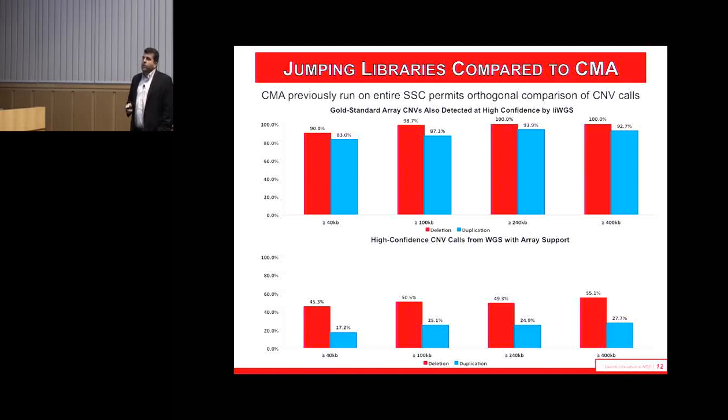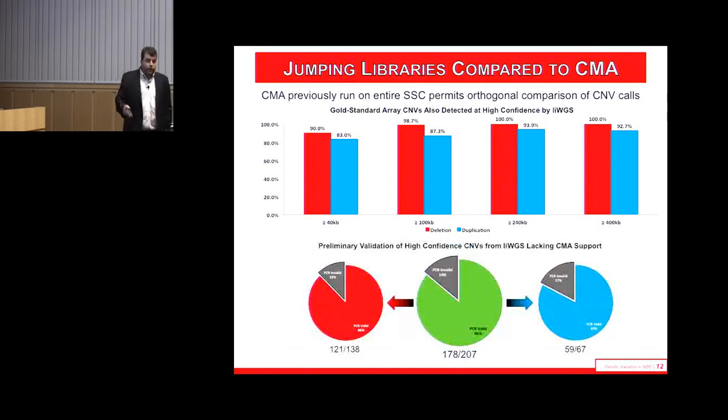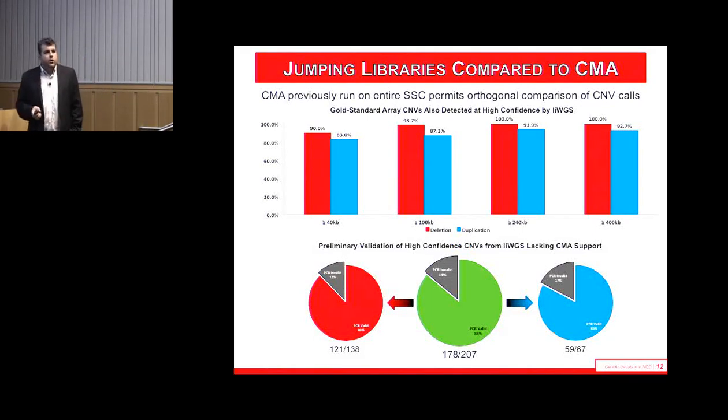So this is the proportion of the total variants that we call that are actually seen on the arrays, as opposed to the portion of variants on arrays that we can pick up that are gold standard array calls. However, what we've gone on and now tried to validate, we've been validating a lot lately. And it turns out that somewhere around 85% of the things that we call as CNVs that the array missed actually turn out to be valid. So, we're still missing a chunk of this, but we are picking up a good bit.